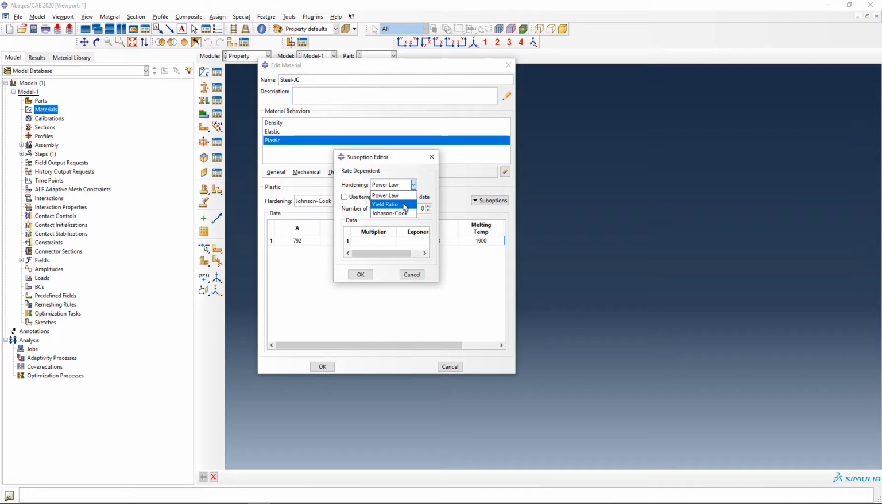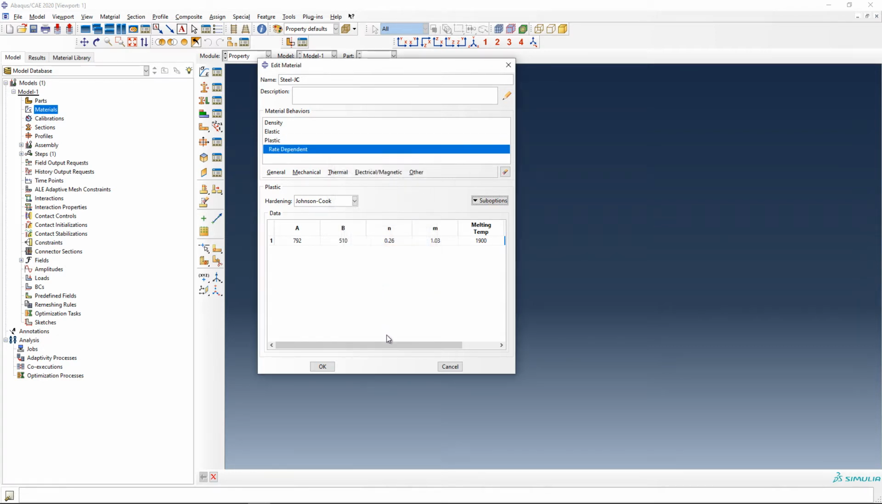So we're going to choose the Johnson-Cook. And C is going to be 0.014, and my epsilon dot zero is the reference strain rate. So for Johnson-Cook it is 1. So we just defined the plastic